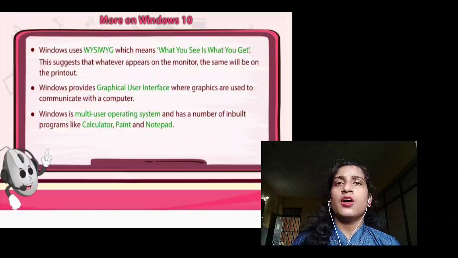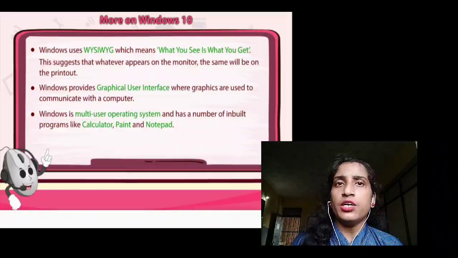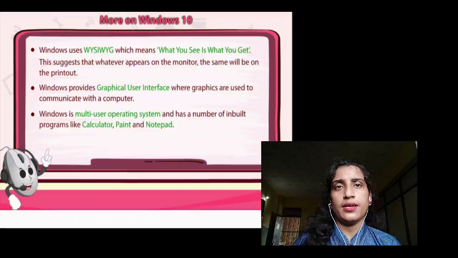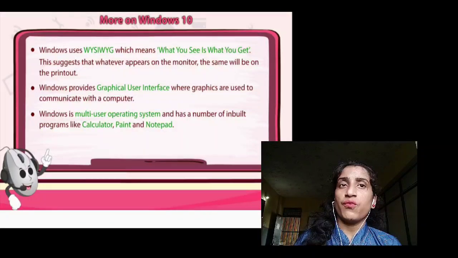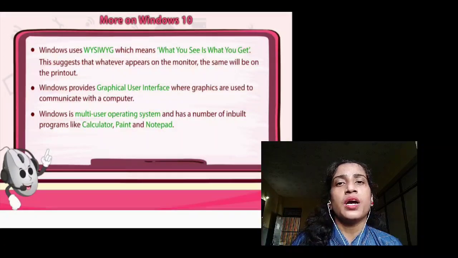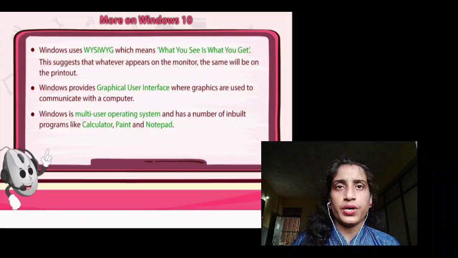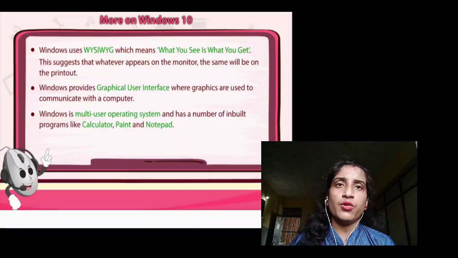Now the next feature is that Windows provides a GUI. GUI means graphical user interface, where graphics are used to communicate with a computer. Windows is a multi-user operating system and has a number of inbuilt programs like calculator, paint and notepad.